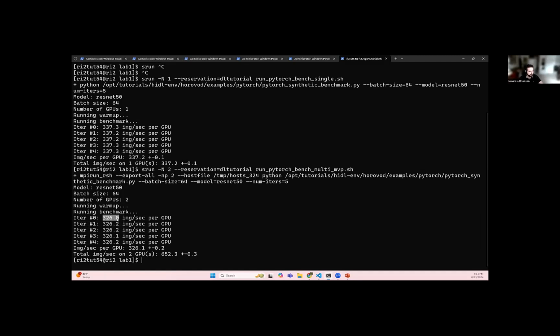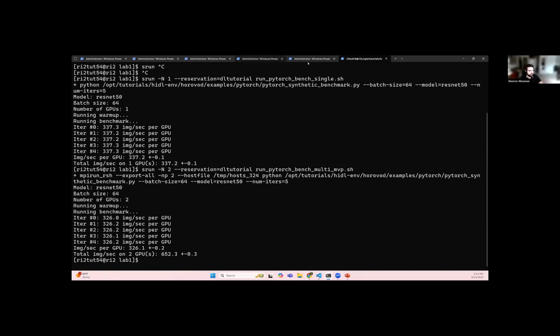We're running on 2 GPUs. And then we see that there is a very small overhead. So this is the throughput on a single GPU. It went from 337 to 326. And then the combined throughput is around 652. So we doubled, but not exactly double. It's like 1.9x, and that is due to the small communication overhead. So that is why it is very important to optimize your communication. If you use a bad communication operation, you're going to see bad performance. But if you use a well fine-tuned MPI library or communication library, you're going to see good scaling, good scalability.